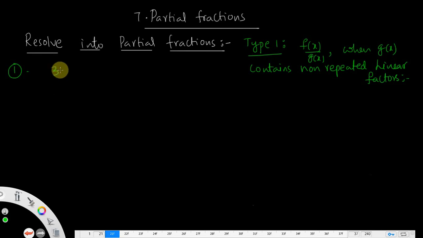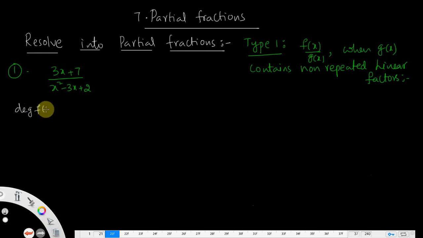That is question number 1 as I gave, but in our textbook we have the third problem, that is 3x plus 7 divided by x square minus 3x plus 2. To check whether it is proper or improper, we check the degree of f of x and the degree of g of x. This is f of x by g of x, nothing but a rational fraction.